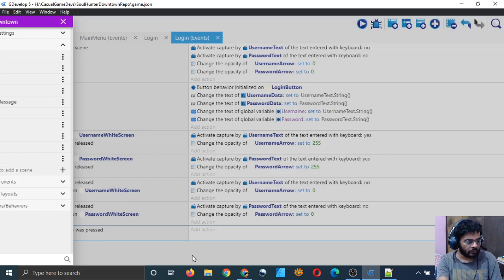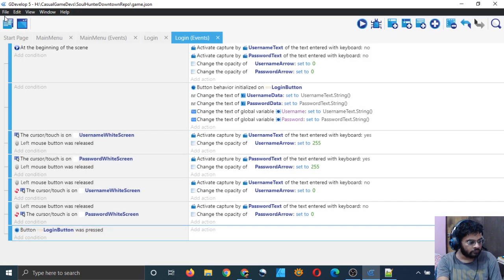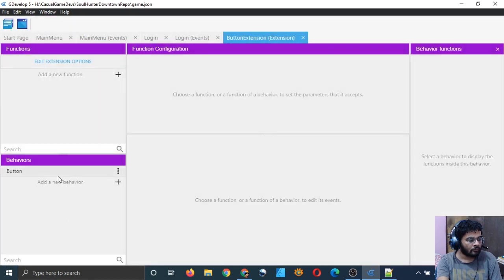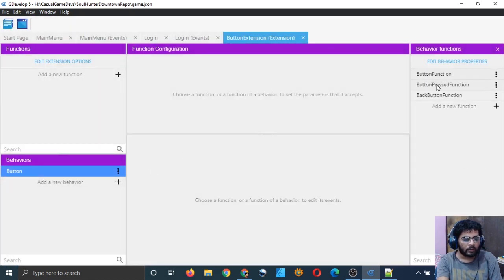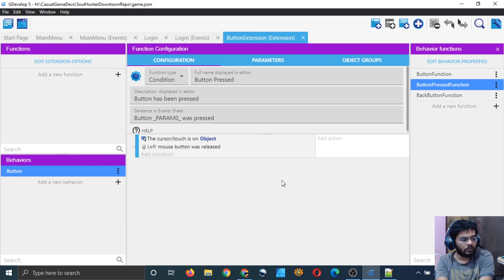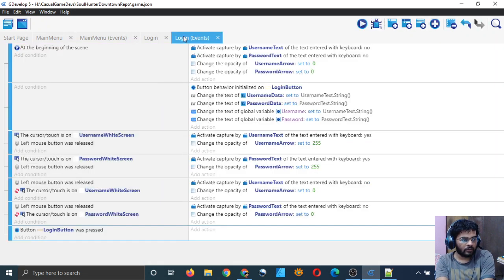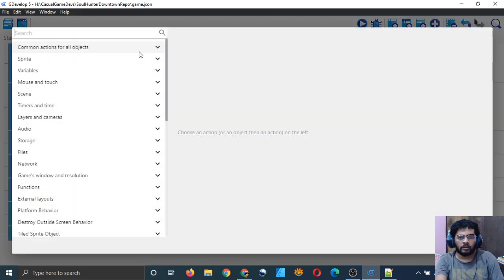It was kind of not working. Button pressed function. Okay, back button. I think it was not working, but let's see. If the button was pressed, then we will send a request to our server. So let's see how to do that.